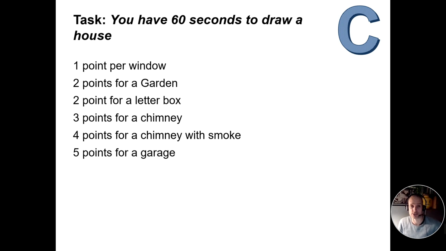Number one, I didn't share it with you in advance. Number two, it's really subjective. So I'm indicating what a house is. So a house has a garage. Well, does it? My house, where I'm sat right now, doesn't have a garage. It doesn't have a chimney with smoke. It does have a garden. Only got a few windows. So,